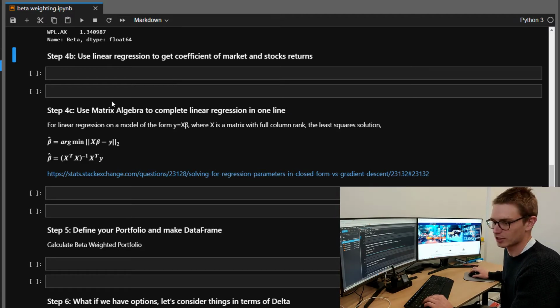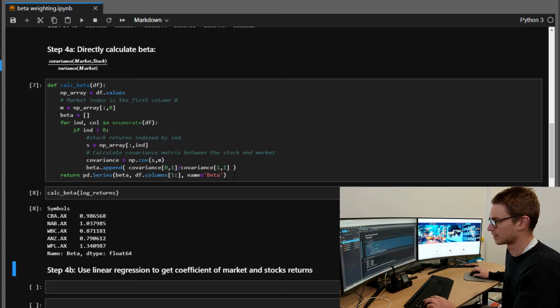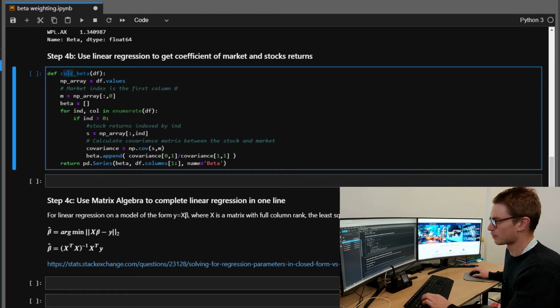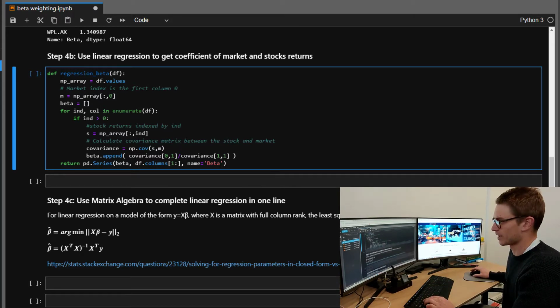So what we can do is use the scipy stats module in a very similar way to what we've just done here. So we're going to copy all that, but we're going to call this function now regression beta. In the same way, we're going to take this numpy array data values, we're going to take the market index, we're going to leave something for beta, but this time we're not going to do